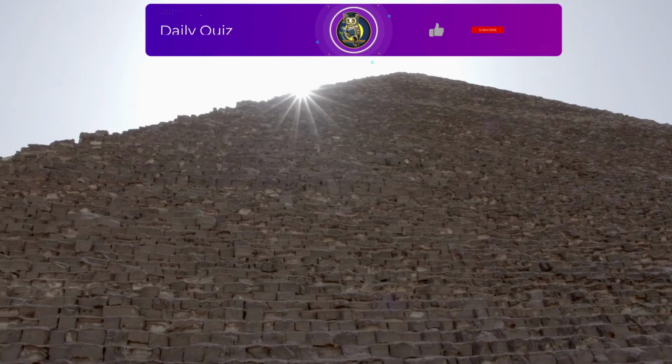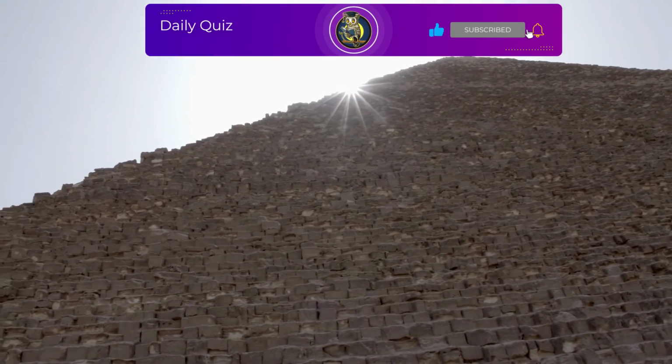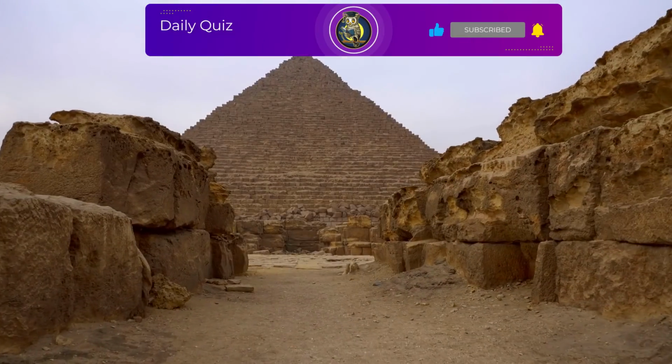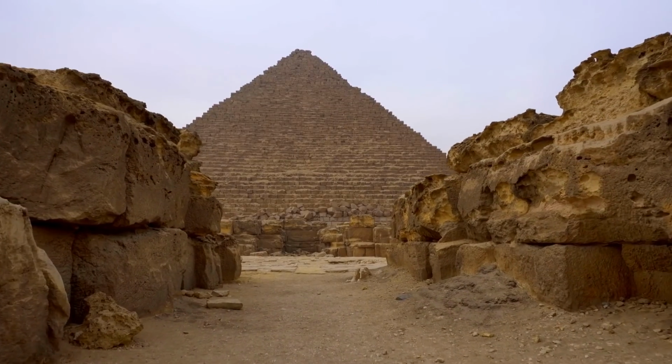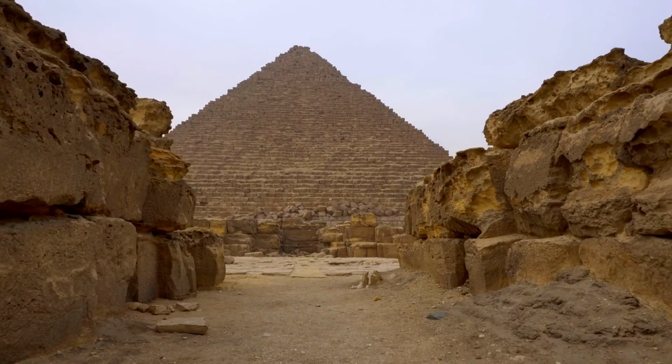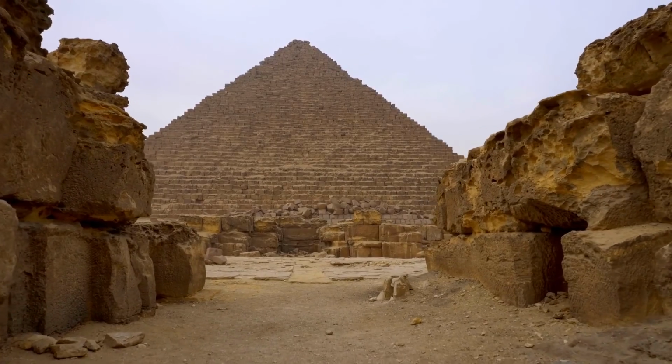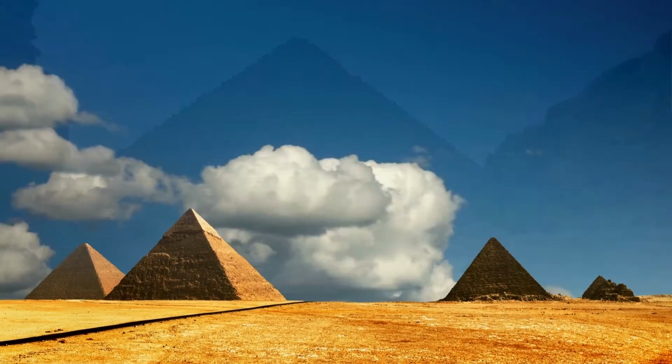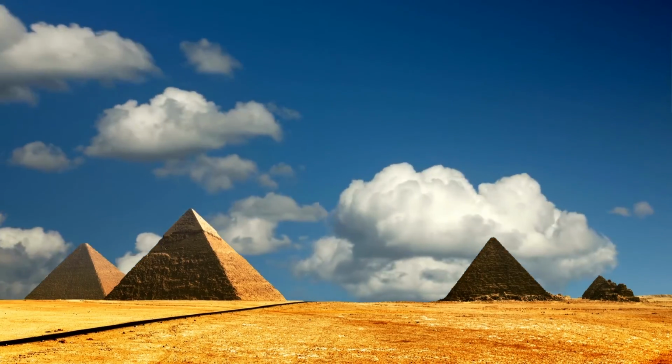In addition to the Great Pyramid, Khufu had another pyramid built at Giza, which was only 10 feet lower than the Great Pyramid. Khufu's funerary temple was built east of the Great Pyramid and facing it. To the southeast of the Great Pyramid, 3 smaller pyramids were built for his queens.